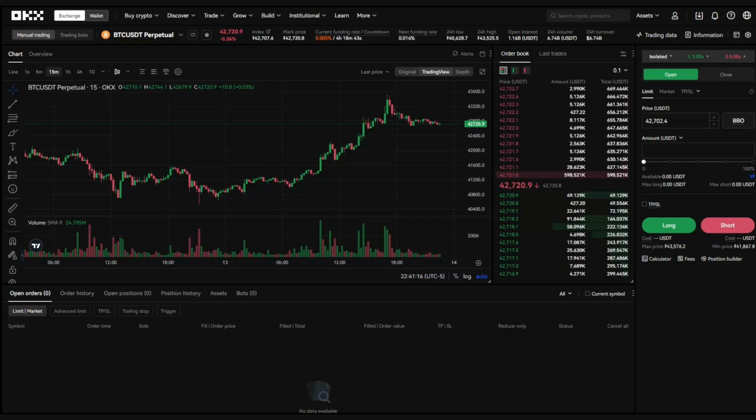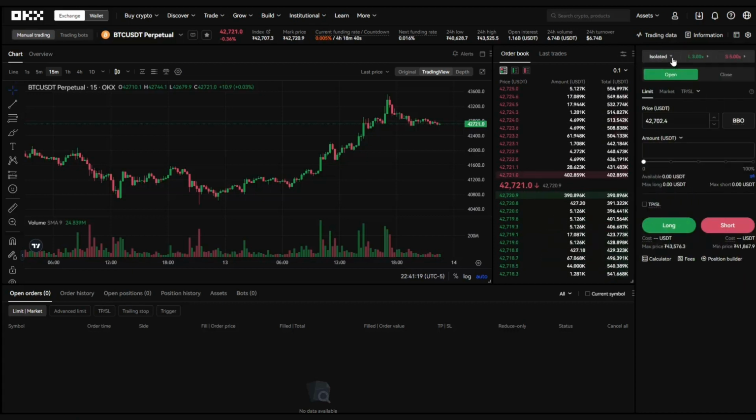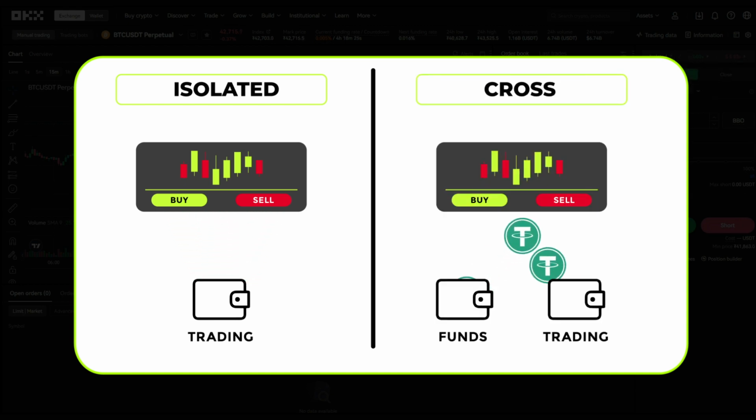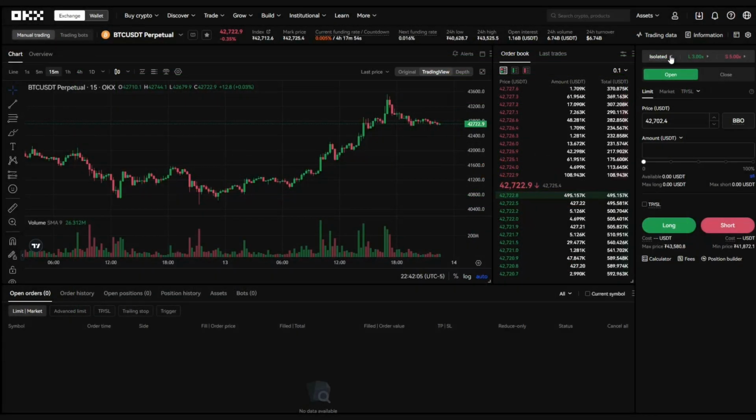Now, let's look at the section where trades are opened and closed. OKX allows two types of leverage: isolated leverage and cross leverage. When you use isolated leverage, you only expose the balance in your trading wallet in the operation. And when you choose cross leverage, the exchange will use all the balance you have available in the other wallets to avoid liquidation. This cross leverage is very dangerous. You can lose all your funds. I advise you to always use isolated leverage.